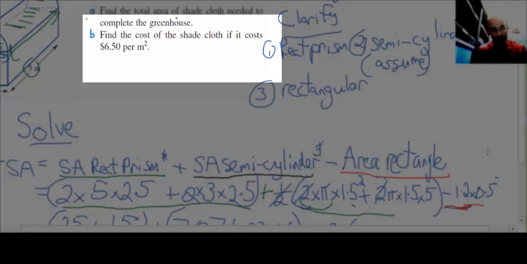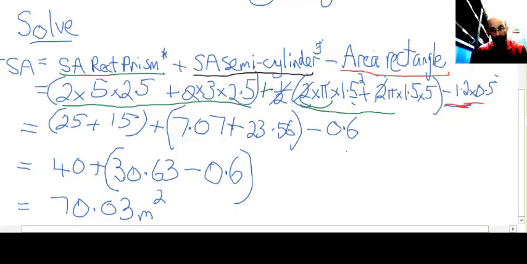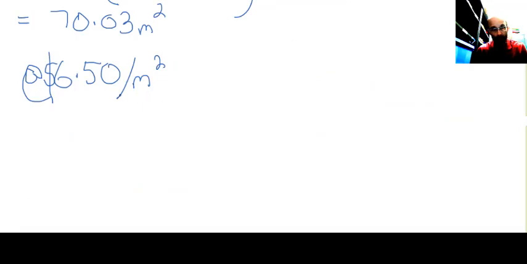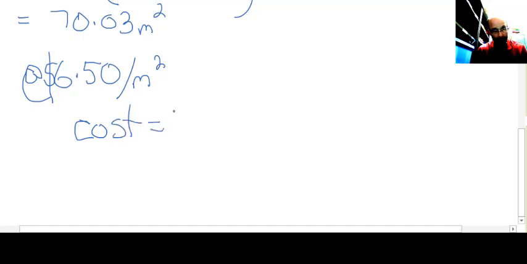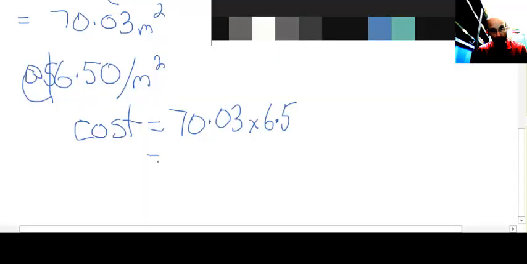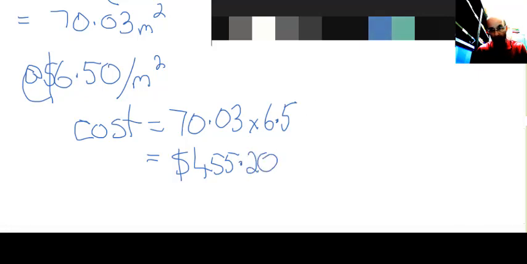The last part is we had to find the cost of the shade cloth. If it's $6.50 per square meter, that's a rate, so we just multiply. Let's have a look. So at $6.50 per square meter, we have the cost is 70.03 times $6.50, $455.20 for the